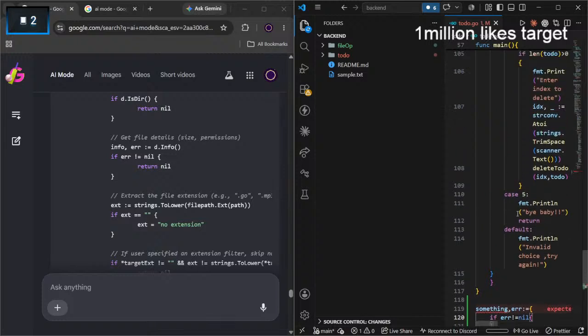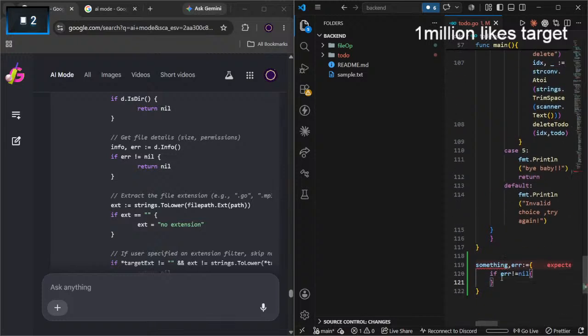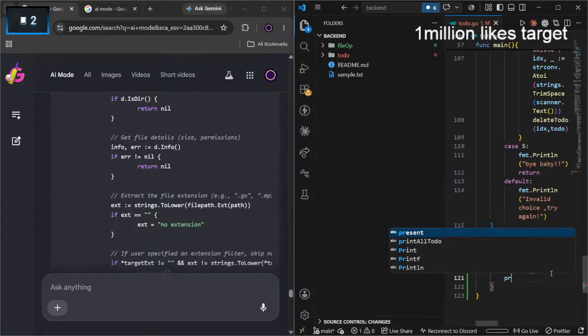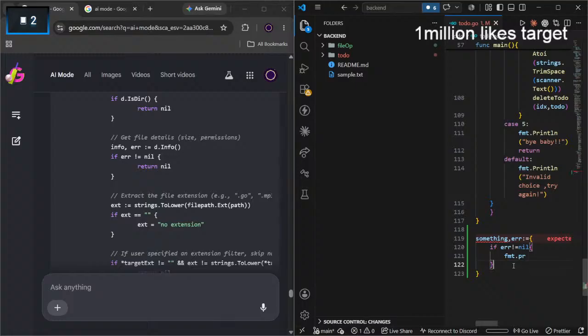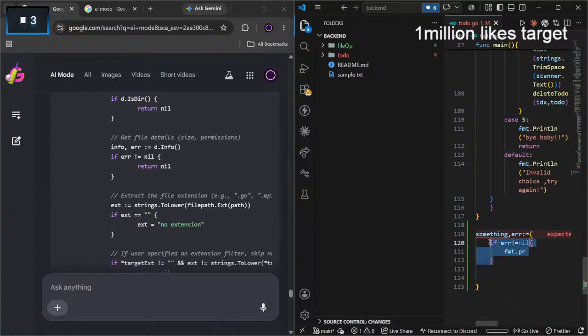Since I've tried to access this thing outside, it is not working. We have something called fmt.Print, Printf, print error, or something. If we want the value, then we can access it after this. This is for printing the error. I tried to access this thing outside my main function, so that is why it is saying error.